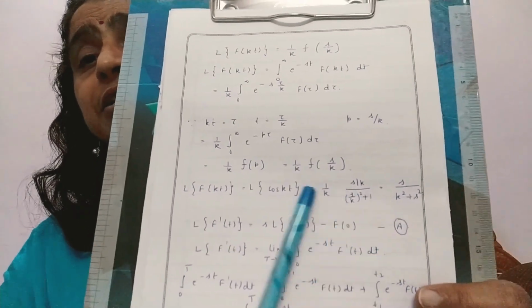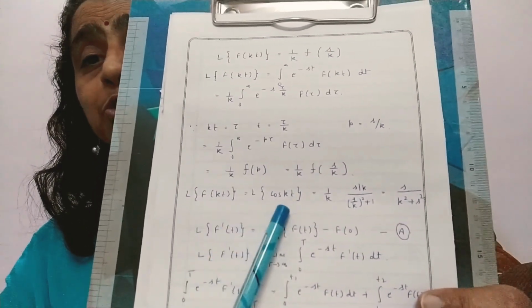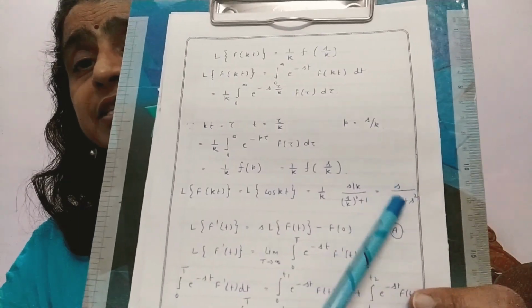So using the change of scale property on this example, we are getting this result. And this is the same result which we derived using the definition of the Laplace transform. Also, you can compare those two values. So from here we can see that the results are the same whether we use the Laplace transform definition or the change of scale property statement.